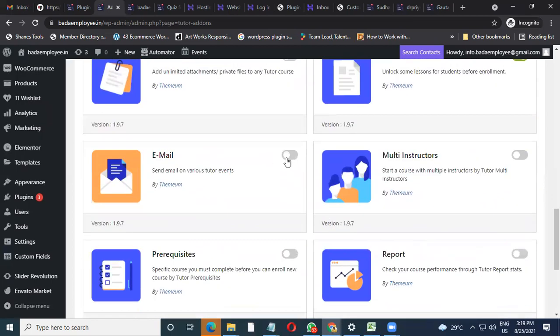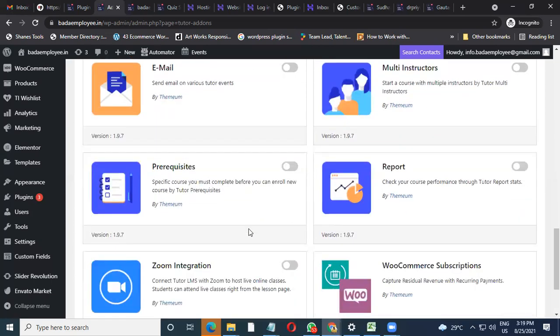Email, if you don't want, just put it off and keep it up, because we have other email automation we are going to work with. So Tutor LMS Pro has a very different email automation process, which becomes very difficult for us also to take it ahead. And that's why I'm not going to suggest this. We do have different email automation, which is working out.